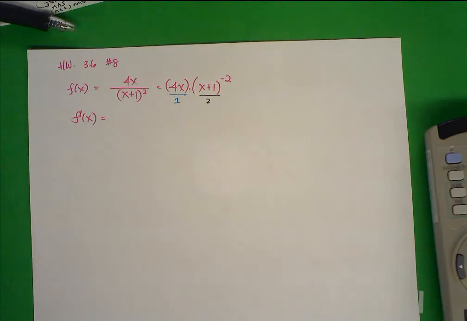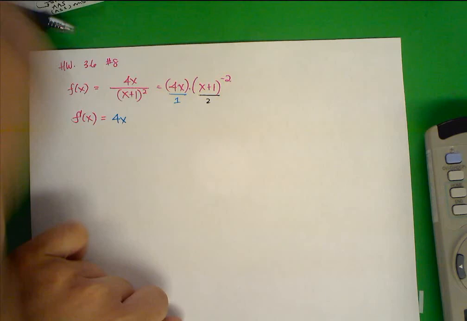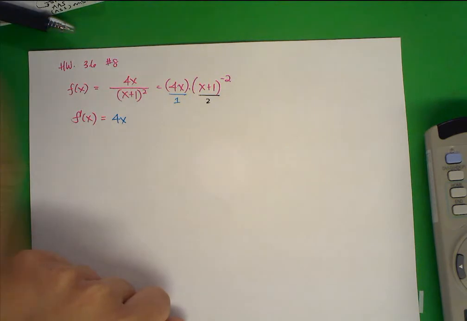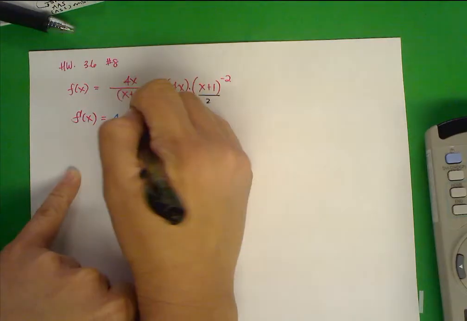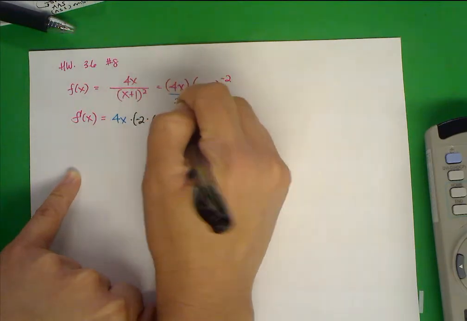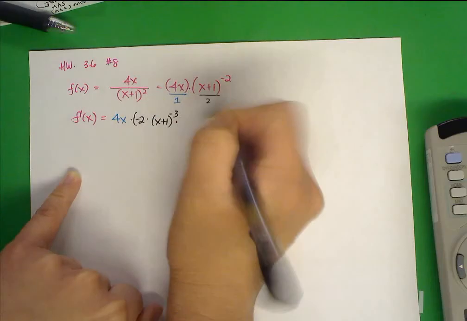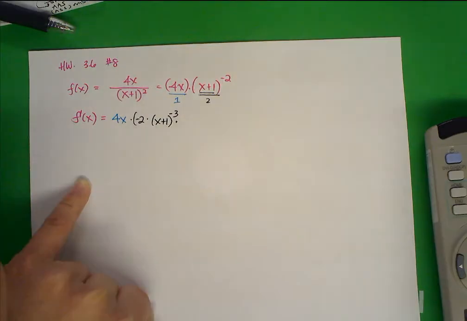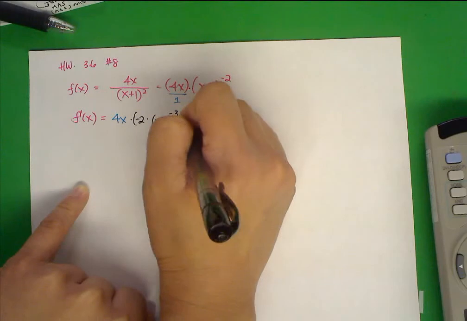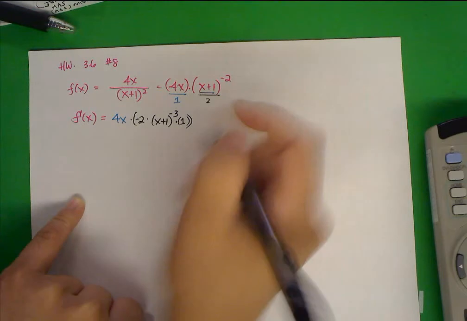So 1 d2: the derivative of this one is negative 2 times (x plus 1) to the negative third power, times the derivative of the baby. The derivative of x plus 1 is just 1, right? So that's 1 d2 plus,